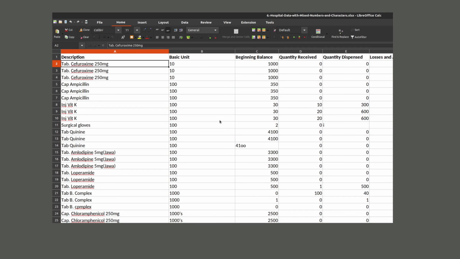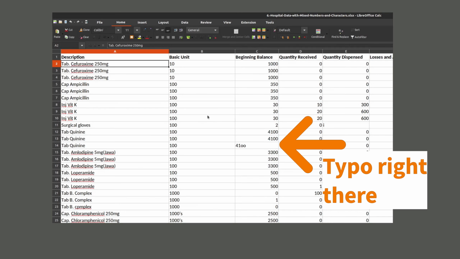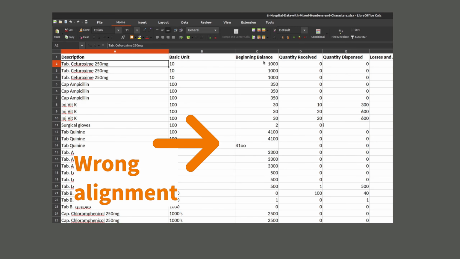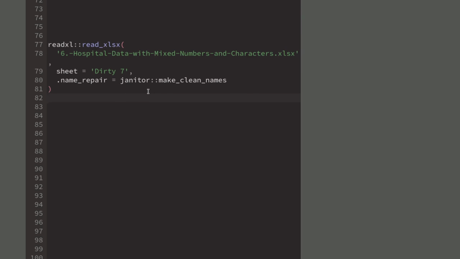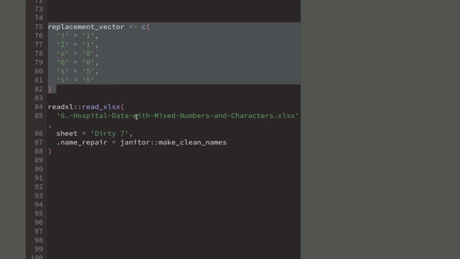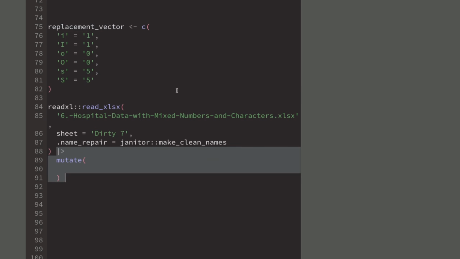In our next Excel file, we try to get rid of typos where numbers are by mistake spelled with, for example, O's instead of zeros. You can find these cells easily as they are left aligned instead of right aligned like the regular numbers. So let us load the Excel file and create a vector that contains all of the things that we want to replace. We can use this replacement vector in str replace all by calling mutate,